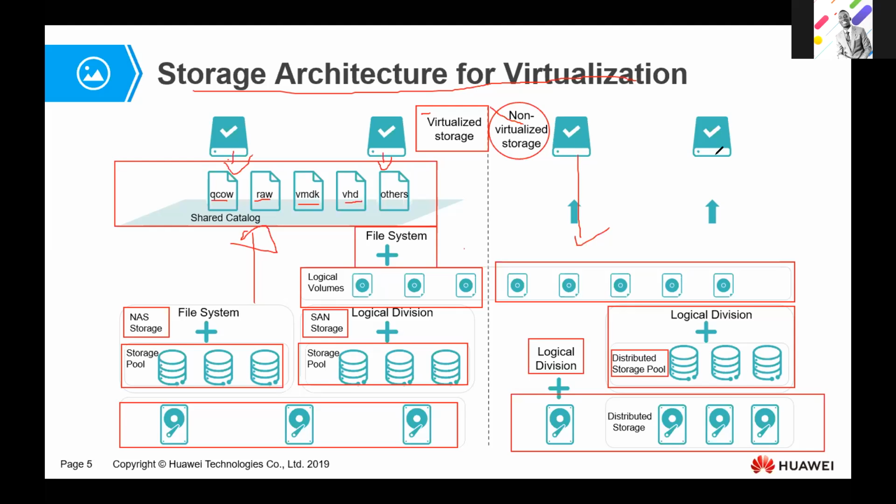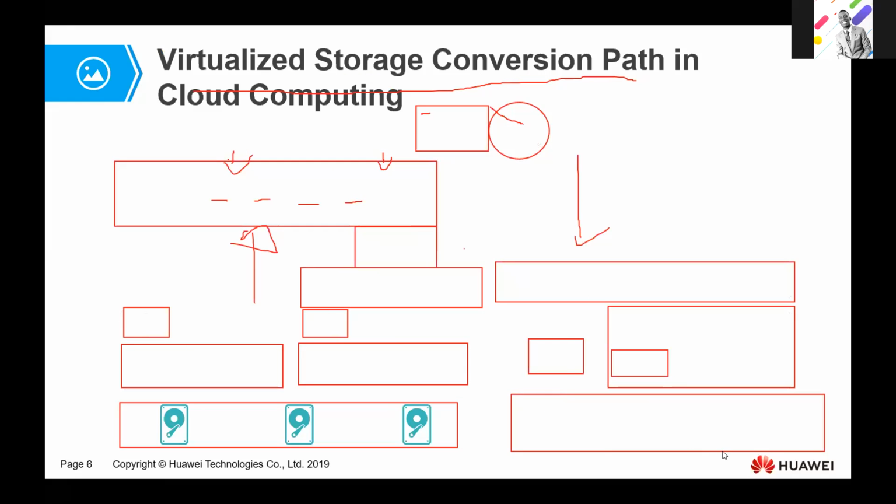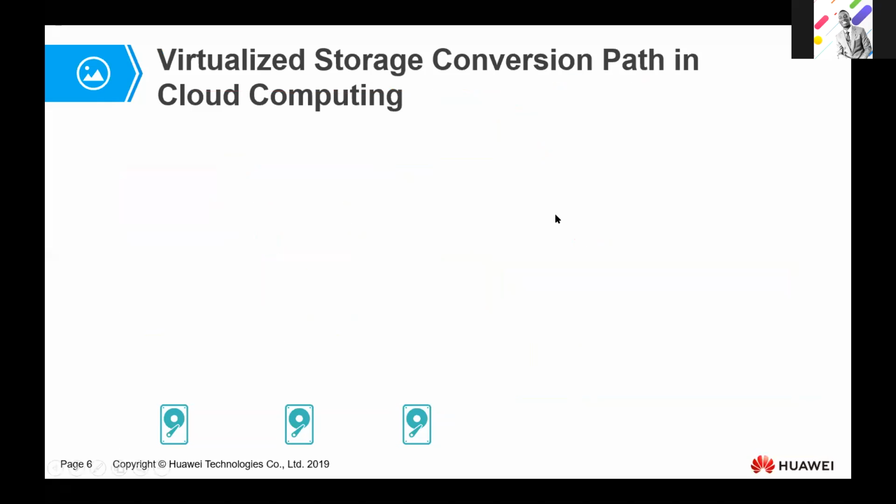So our storage architecture for virtualization can be either virtualized storage or non-virtualized storage. Okay. So don't worry about some terms which are here. They may be a bit confusing, but we are going to explain them in detail. So here, as you have seen, at the underlying structure we have our hard disks, which, when you RAID them, and we're going to look at RAID in the next few slides and try to understand what RAID is,